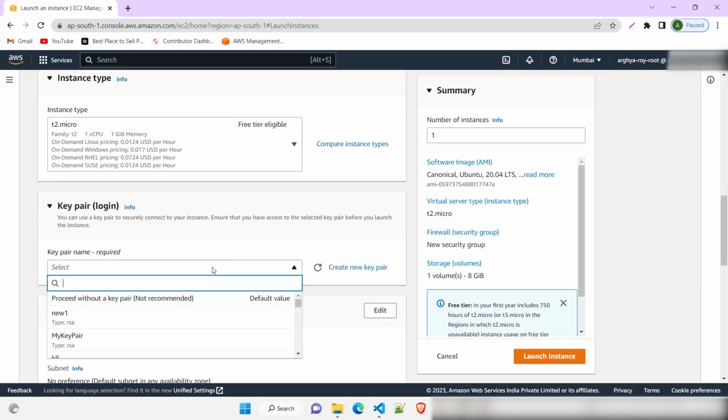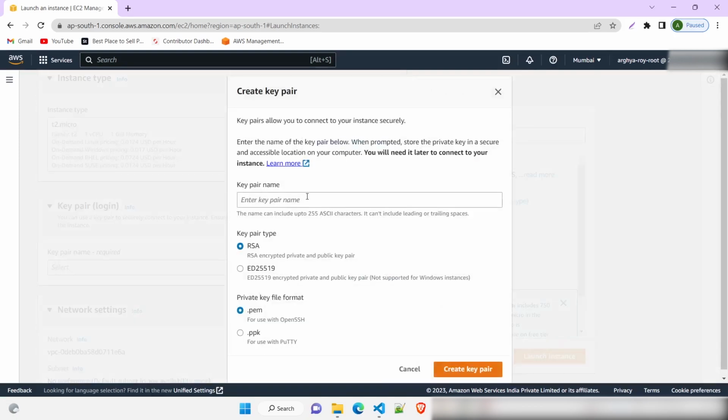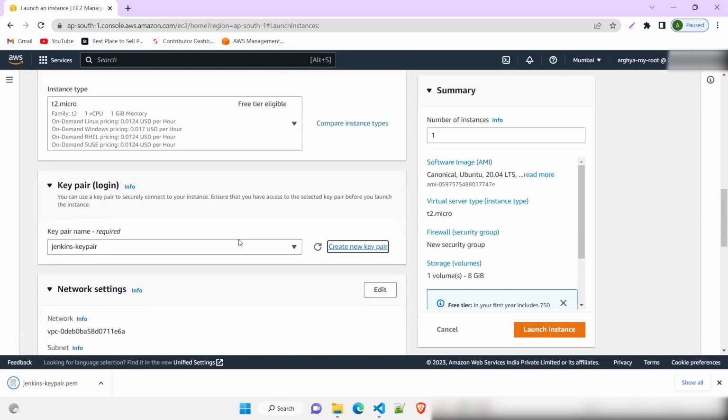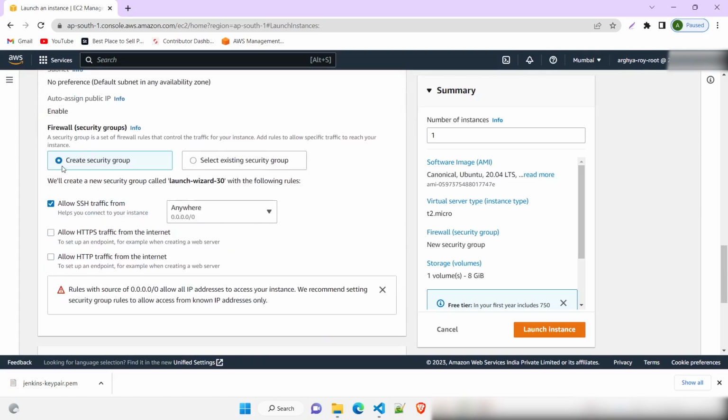And key name, here I am creating a new key, so click on create new key pair, and here give the name Jenkins key pair. Now the VPC settings, I am keeping everything as default, but for security group I am creating a new security group, and here I am